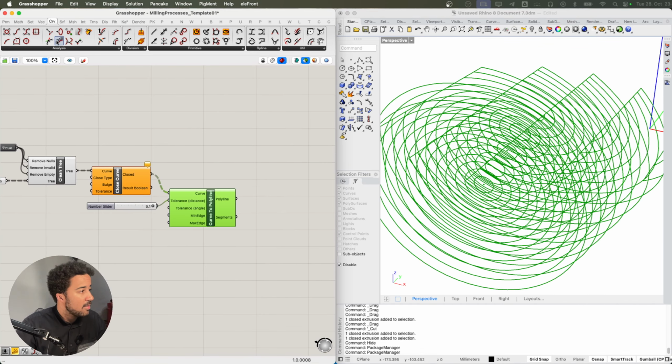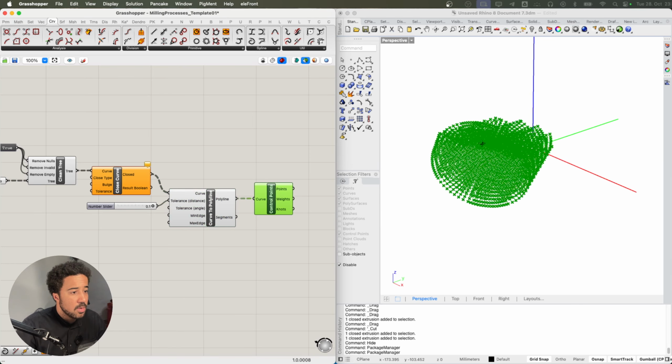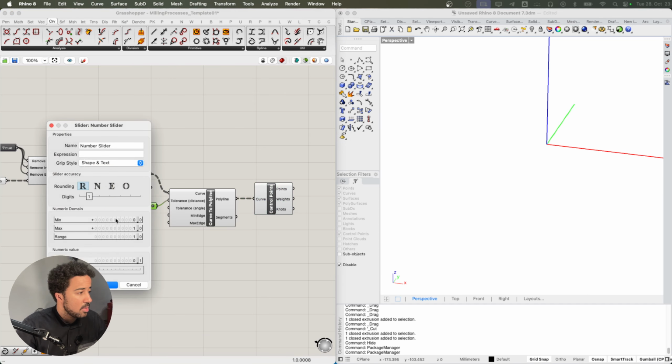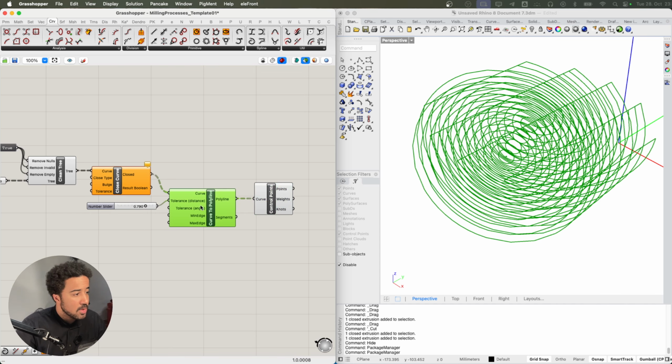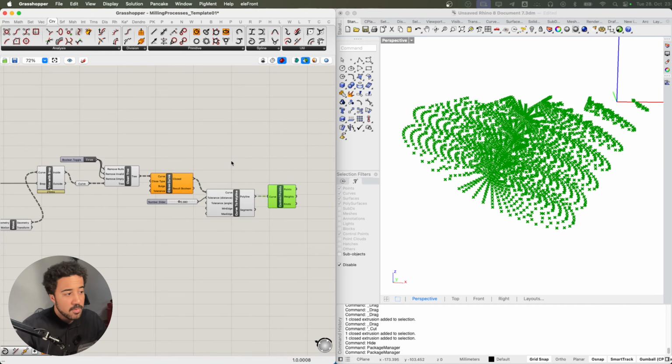And now that we have this, I can use the control points component and look at all the control points we have. And if I were to decrease my tolerance, I would get more points. And if we were to increase my tolerance, I would get less. But of course, the polyline would also be coarser. So now that we have the control points, we can create planes from these control points.